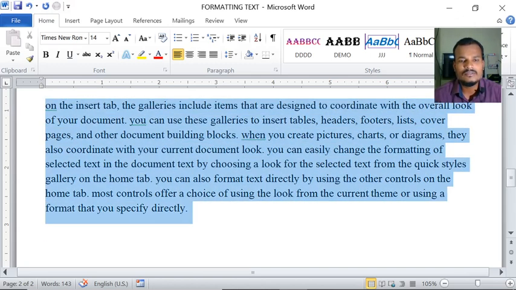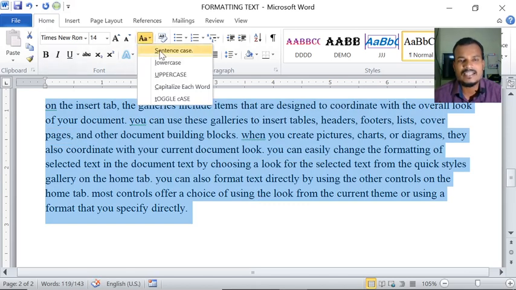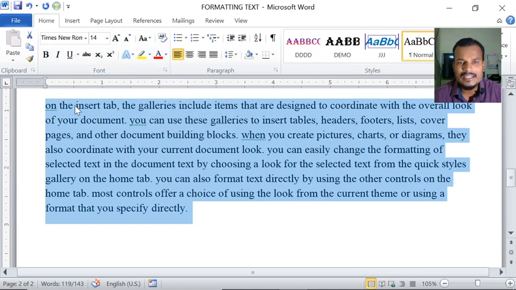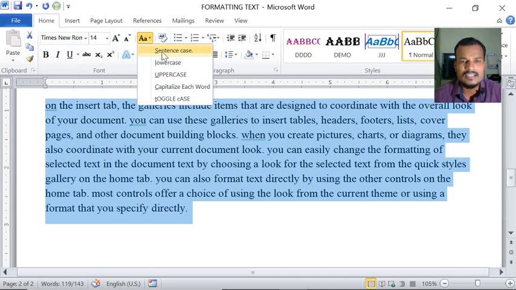Okay, now let us see what is sentence case. Sentence case means in English, while writing a paragraph, the first letter should be an uppercase letter, but here you observe this is not the uppercase letter, this is the lowercase letter, small letter. So sentence case means the starting letter will be uppercase.